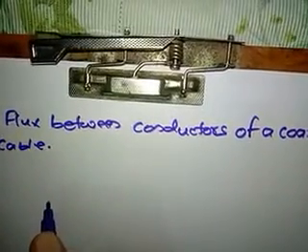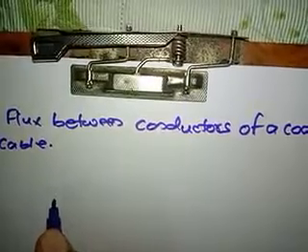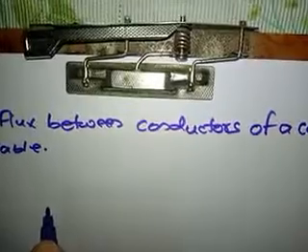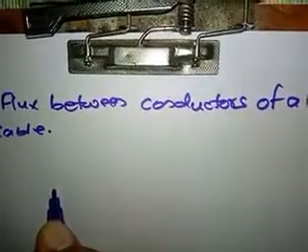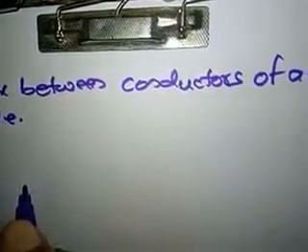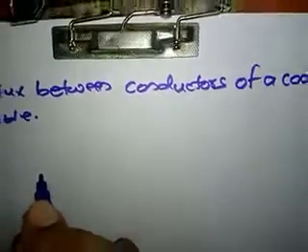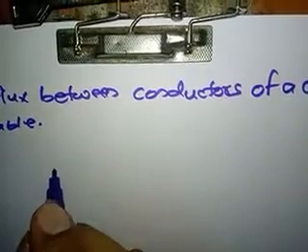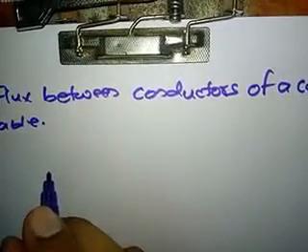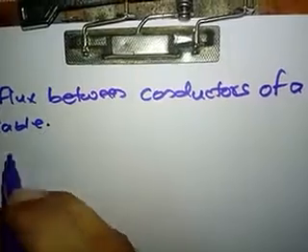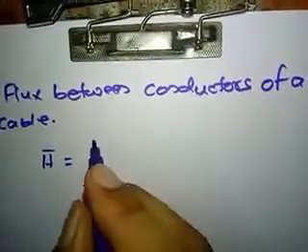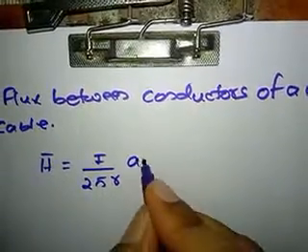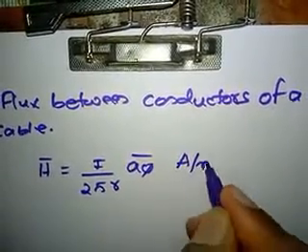So we saw the coaxial cable which is placed along the Z axis. The radius of the inner conductor is A, while the inner radius of the outer conductor is B, right? And we saw the current convention, that for the inner conductor, current is directed inwards, and for the outer conductor, the current is directed outwards. So we have already derived the equation for H bar in the region when studying the applications of Ampere's circuital law. H bar is given by I divided by 2 pi r a-phi bar ampere per meter.